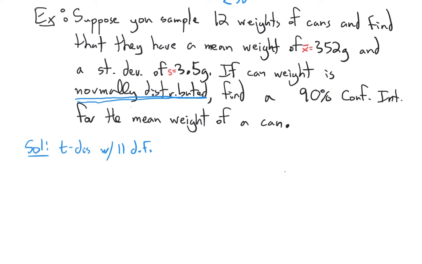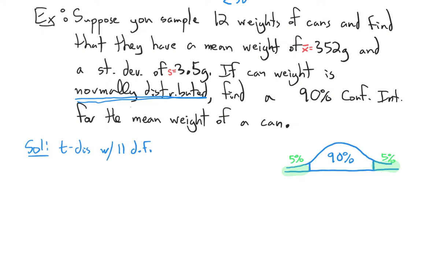All right, let's draw a picture of this distribution just to get a look at what we need to find. We're looking for a 90% confidence interval, so we want where the middle 90% of the data is, which means that we need to find the cutoff for the error there. So there's 5% of the data on each side.